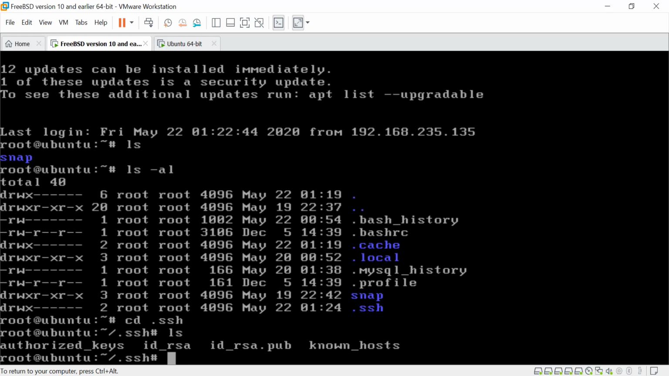We do that using the command ssh-copy-id with the option -i, path /root/.ssh/id_rsa.pub. So this is the command that is going to copy the public key of the FreeNAS root user to the